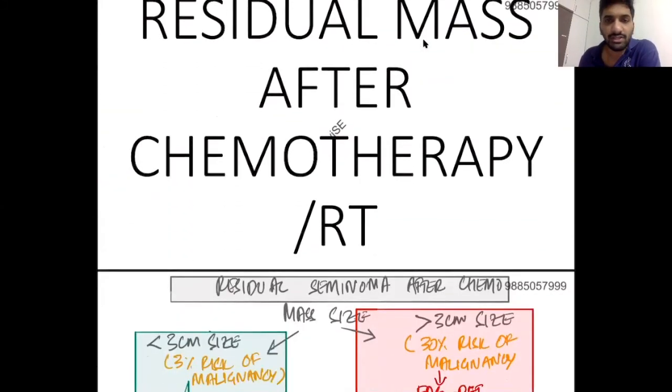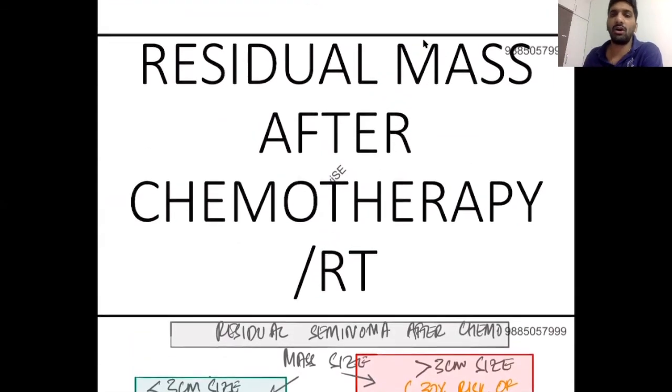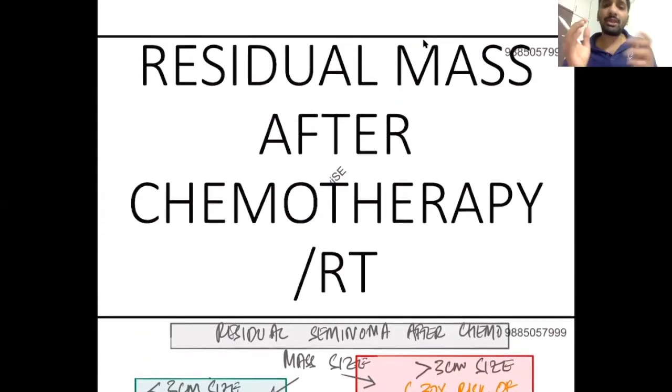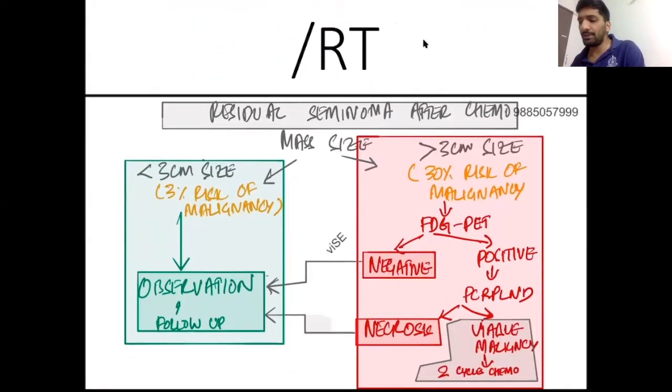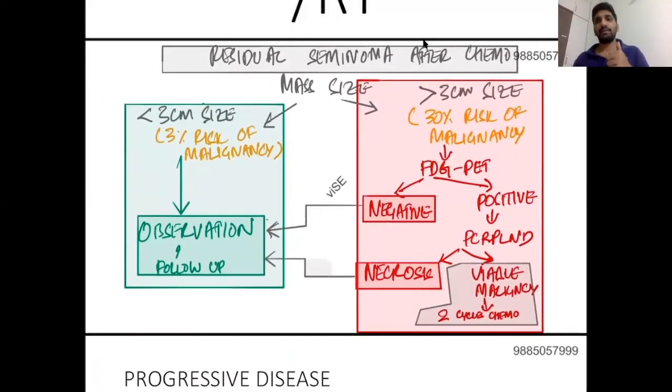And now let's see the management of residual mass or progressive mass after chemotherapy. Here there's a difference in the management of seminoma and non-seminoma. So here's a patient who has been diagnosed with seminoma and has undergone some form of treatment in the past, and now after the treatment you follow up the patient, and he has got some residual mass. In the residual mass, it could be either a necrosis or a viable or